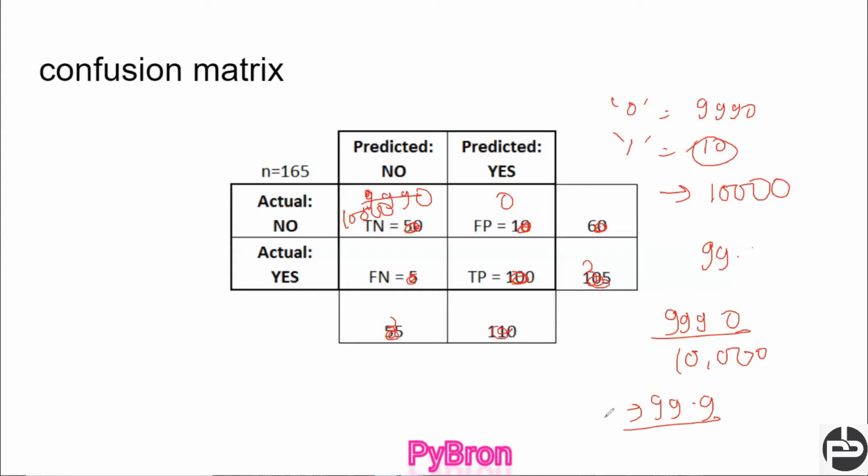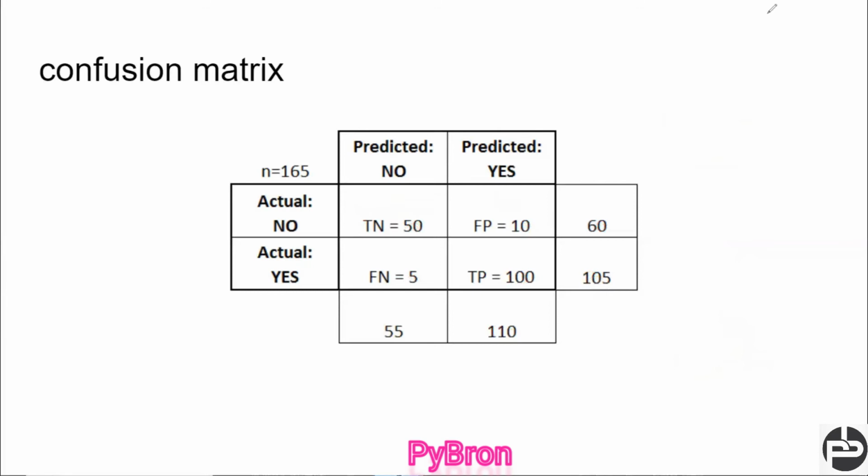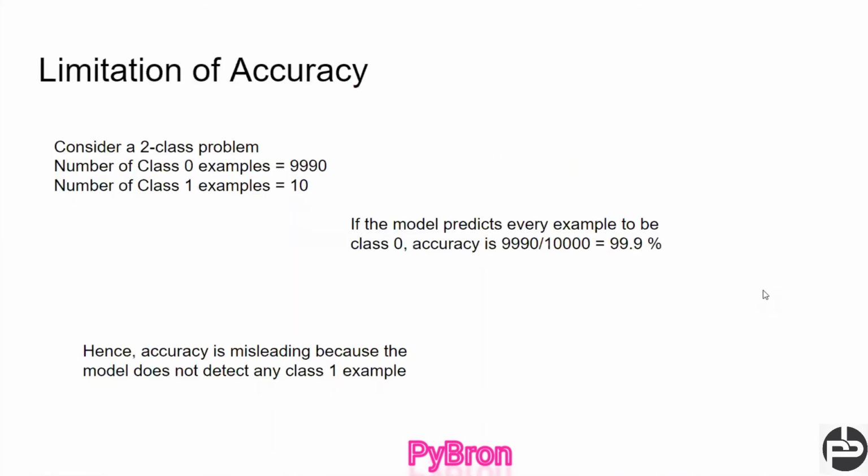So in order to overcome this problem, we incorporated the cost matrix. What do you mean by the cost matrix? A cost matrix is the thing with which we incorporate some cost. How is the cost incorporated? If my machine predicts something wrong, then I apply some cost on that, right?